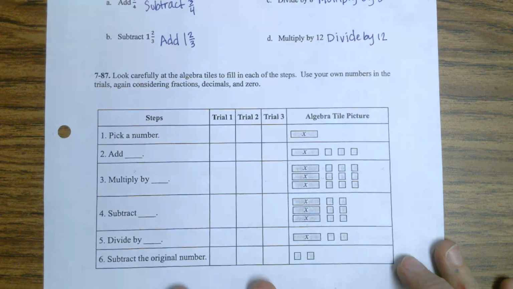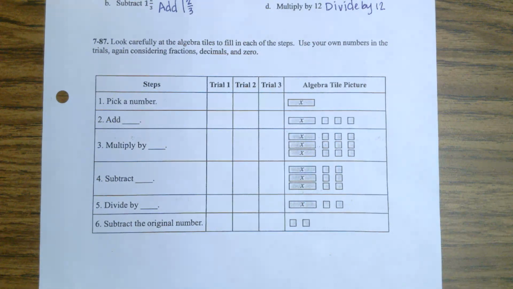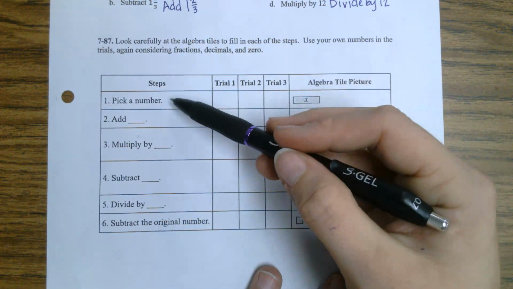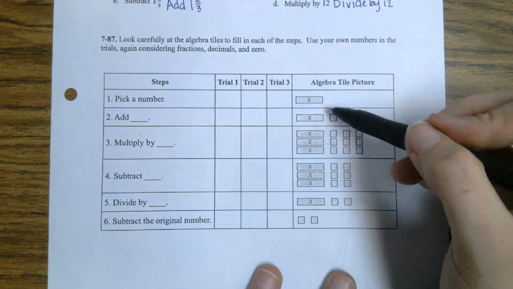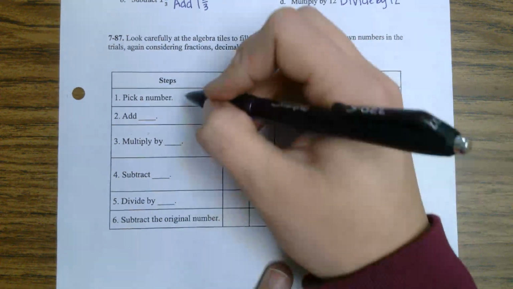Okay, problem 87, we have another magic trick. So look carefully at the algebra tiles to fill in each of the steps. Use your own numbers in the trials, again considering fractions, decimals, and zero. Okay, I do have to fill in the spaces, so I have my pick a number already done. I add 3,